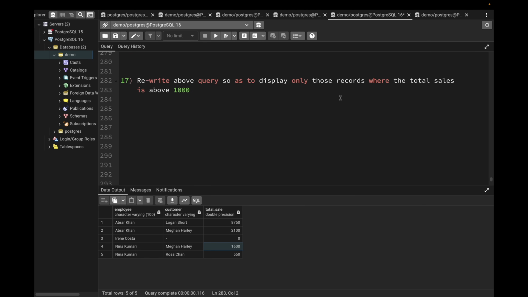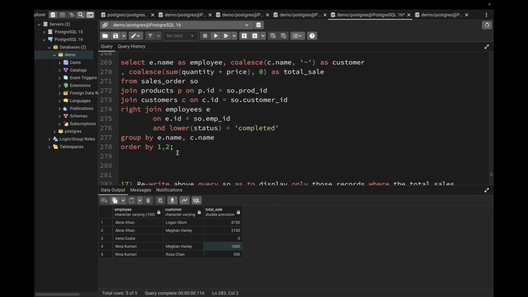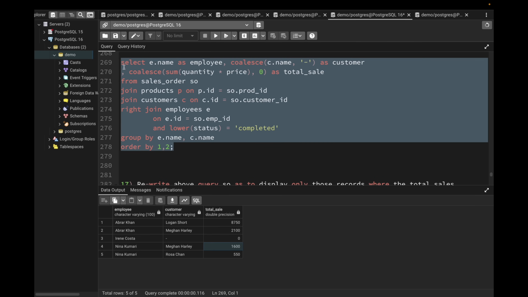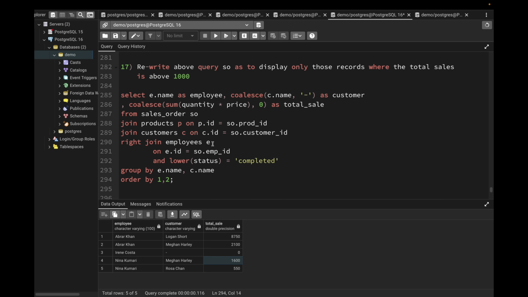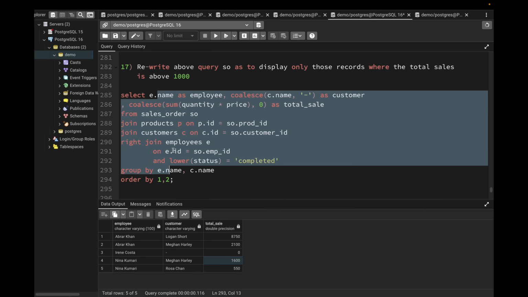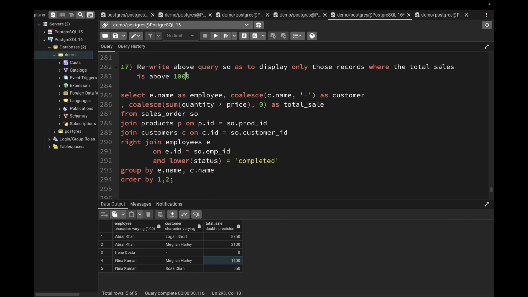The problem number 17 basically says rewrite the above query so as to display only those records where the total sale is above 1000. So again we will be using the above query. I'll just copy this query here and bring it down here. Let me move this down a little so we have more space to see. So we need to rewrite this query. This is the query that we wrote in our problem number 16. We need to rewrite the query to display only those records where the total sale is above 1000,